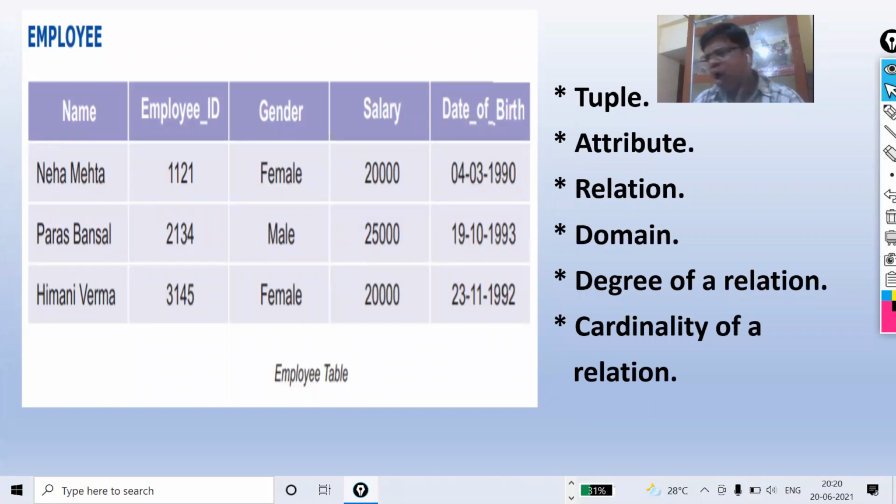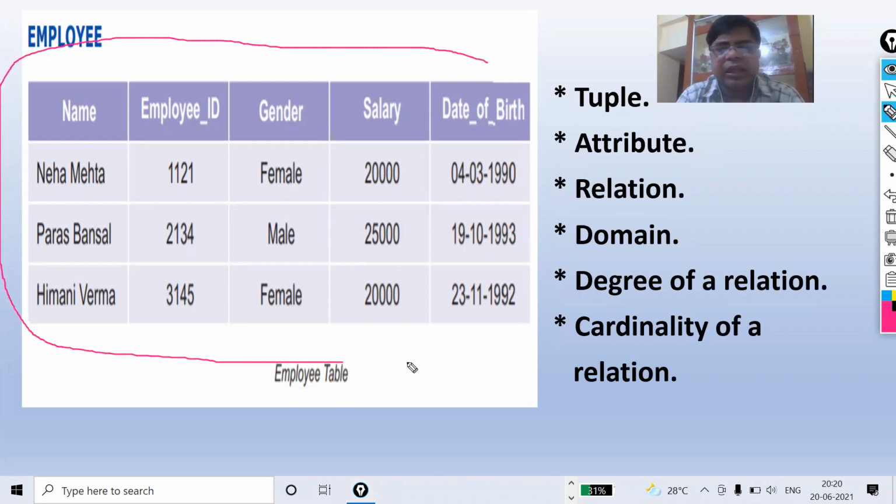Now students, I'm going to let you understand again about this table. If my question is how many couples there are in employee relation, you will say 3. 1, 2, 3.